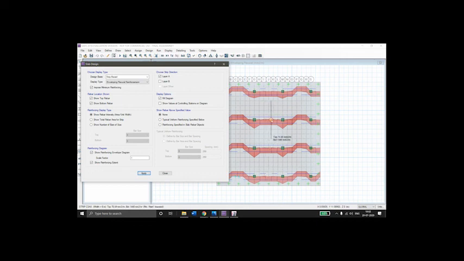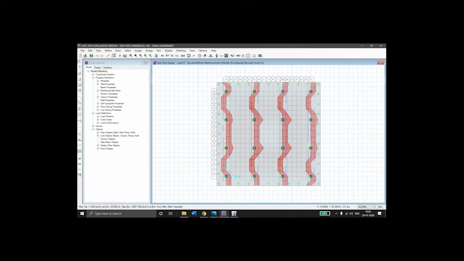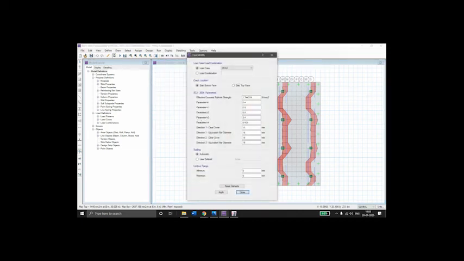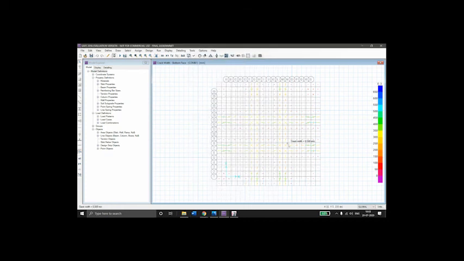The reinforcement top and bottom is shown along the layer A. To see the reinforcement of layer B, here the top and bottom reinforcement is shown for the layer. Click on close, go to display, go to crack widths, select the load combination, click on apply, close.